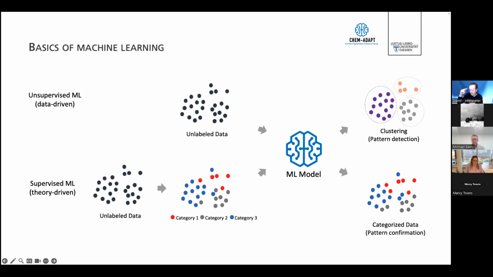So maybe you have heard about some terms that are used in machine learning. Machine learning is a subfield of artificial intelligence focused on the development of algorithms that can learn from data and make decisions with minimal human intervention. So we can use machine learning models to do the work that we probably would do by hand, but it would take even longer. So we have unsupervised and supervised machine learning techniques. Both work with all kinds of data.